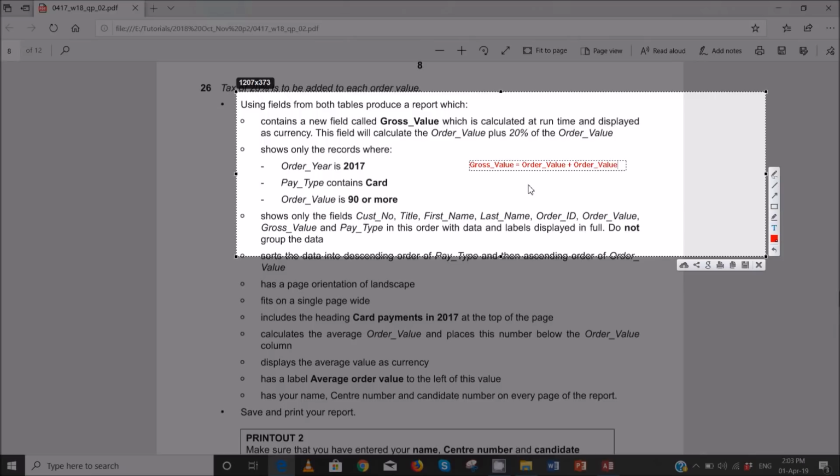Then this one should be in brackets: order value plus, and then you have 0.2. Okay, order value plus 0.2, which is simply not plus but multiply by 0.2. So this is the same thing as saying 1.2 if you get order value as 1. This is as good as saying equal to